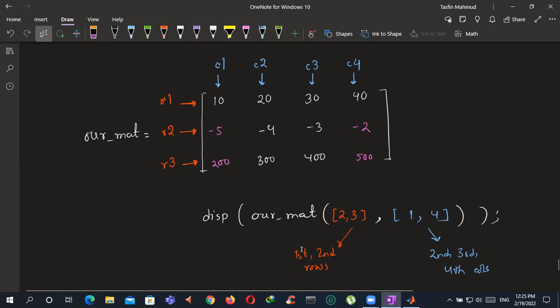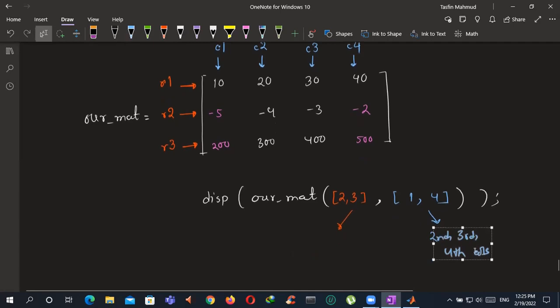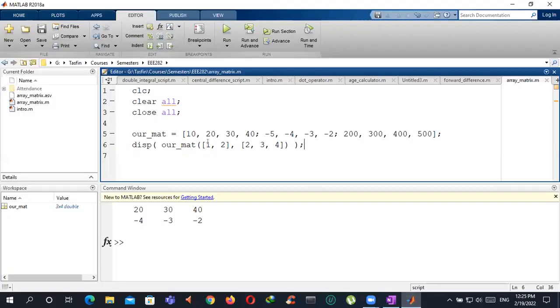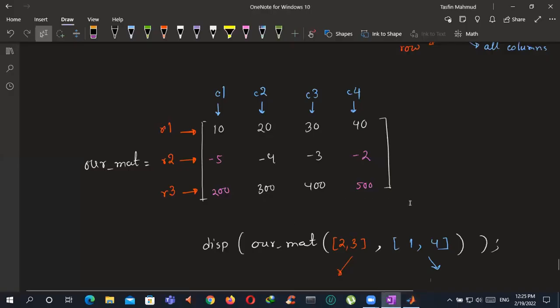Okay, so if I run the code, 2, 3, 1, 4. So here's 2, here's 3, 1, and 4. So if I run the code, and you can see -5, -2, 200, 500, right? -5, -2, 200, 500. So I guess you can get a feeling how we can